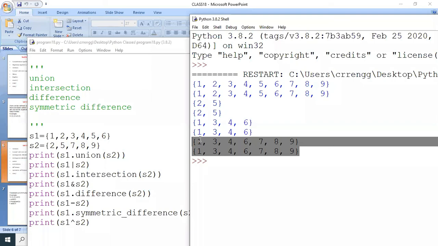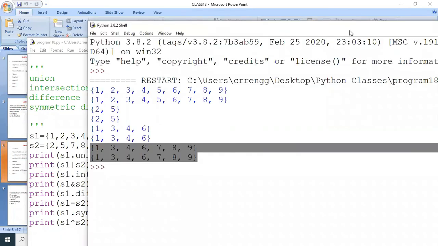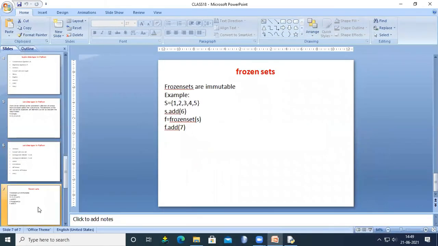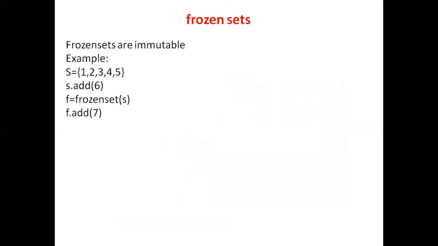And the next one, frozen sets. So what is a frozen set? Coming to list and tuple, we take a list and a tuple.